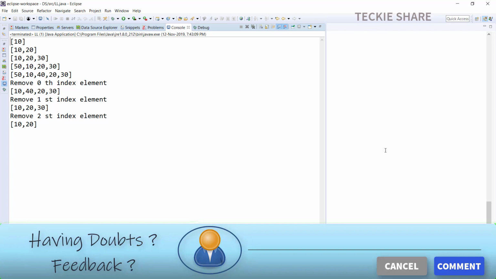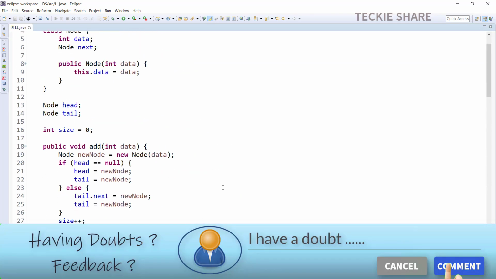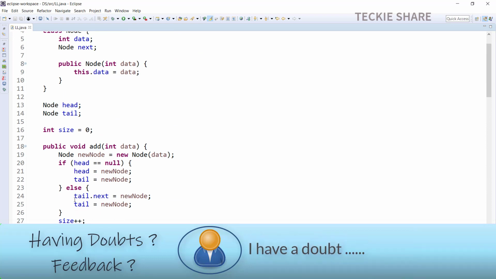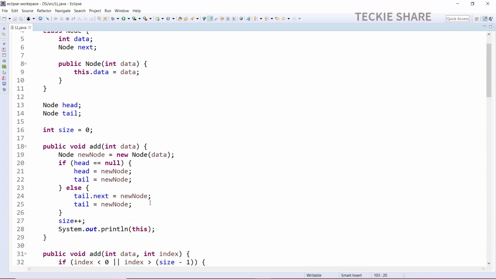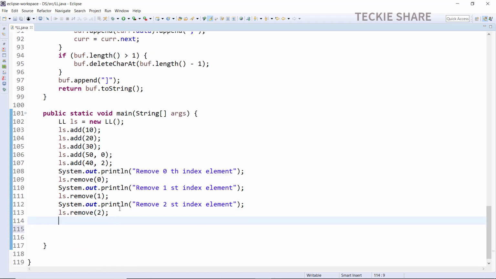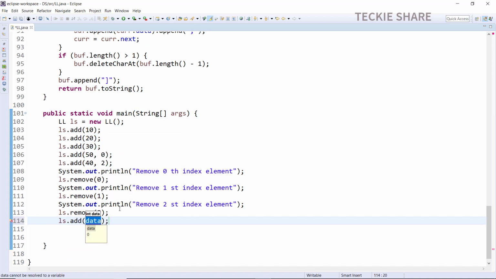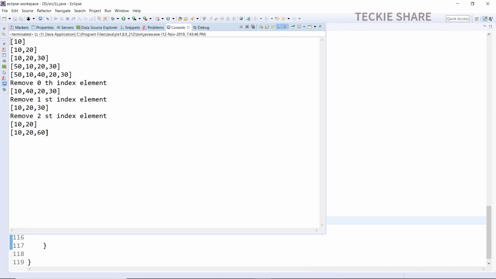Let me check whether our functionality is working properly. You just call the add method. Why am I saying this? Now our list has some data. If I call the add method, tail.next will be your new node. So if our implementation is proper, the newly inserted data will come after this first index data. Let me check: ls.add, passing the value 60. The 60 should come at the second index position. Let me check. Yeah, our functionality works fine. So that's all about the remove index method.